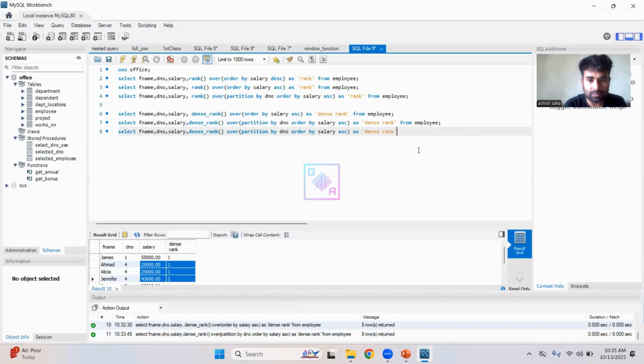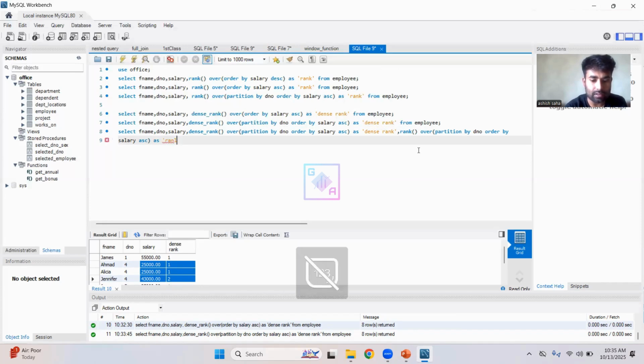Okay. And also we have to write one more query: rank over partition by d number, order by salary, ascending order, as rank from employee. So now if I execute this query,